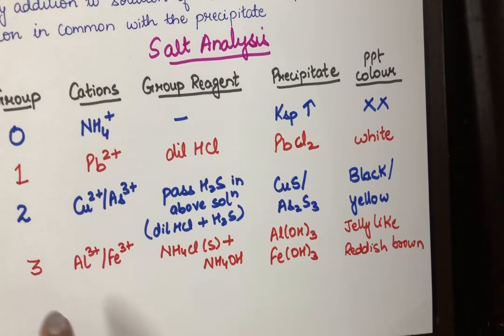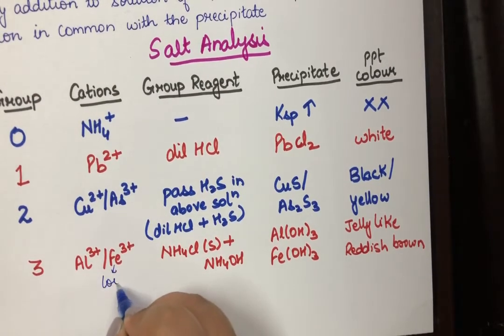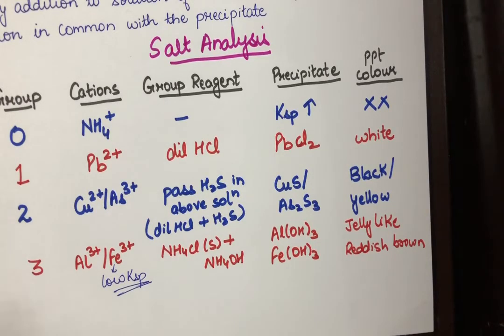Now why do we do this? We do this because ferric salts are easier to precipitate. Fe3+ salts are easier to precipitate. Why? I will write, because it has a low Ksp value. So even if we have a ferrous salt, we first convert it to the ferric salt, and then only we start with the group 3 hydrolysis.